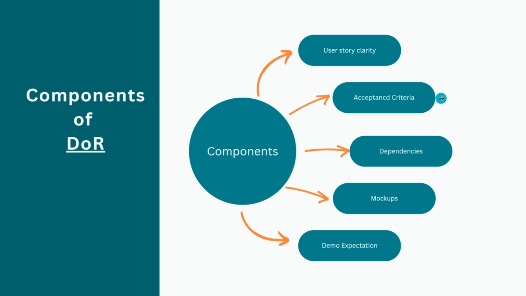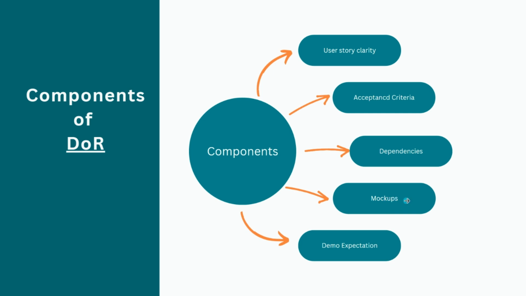Acceptance criteria: you have to make sure that acceptance criteria is there in the story and it is very well defined. That is the second component. Dependencies: if you foresee any dependencies among team members, among different teams, among different vendors, whatever it is,